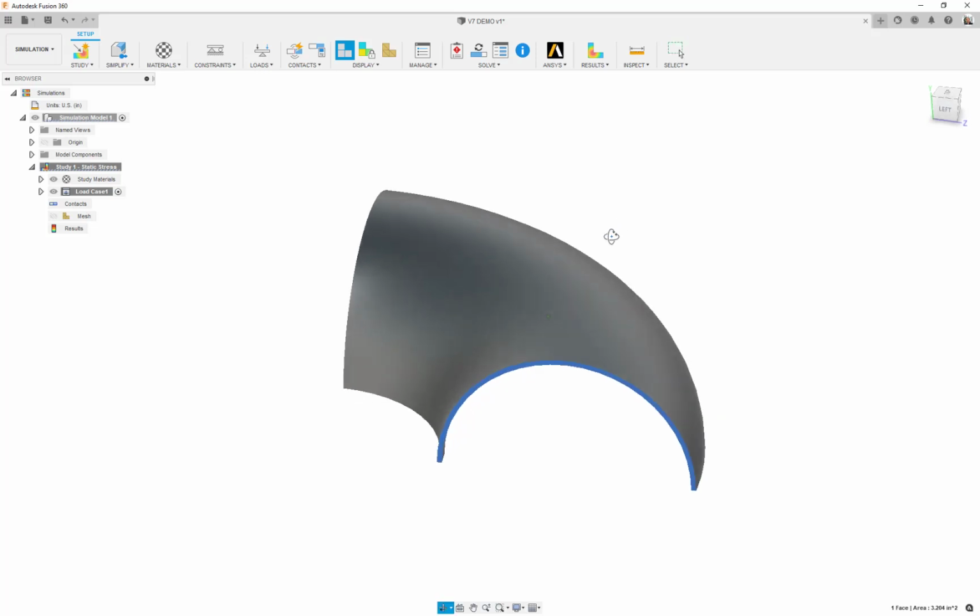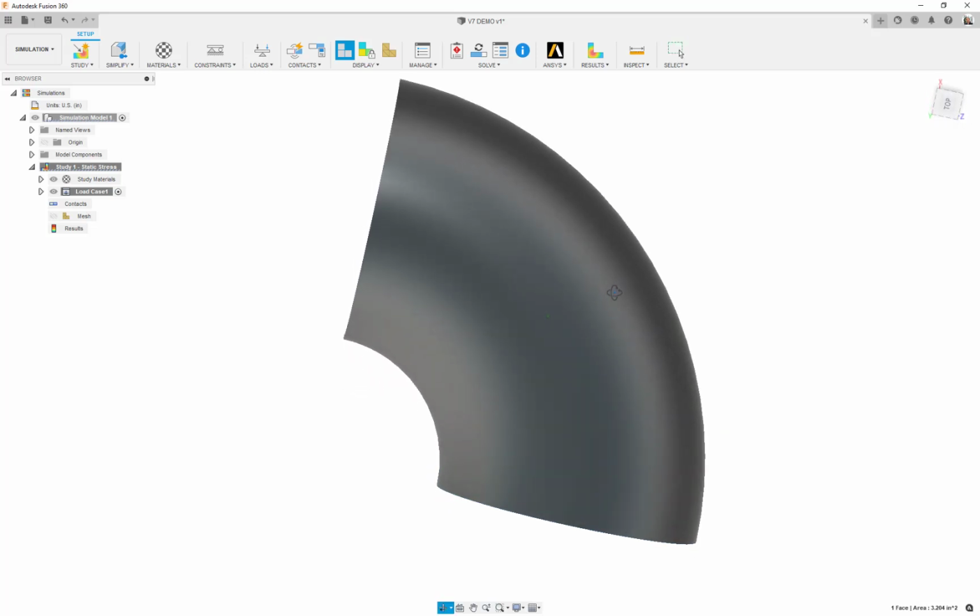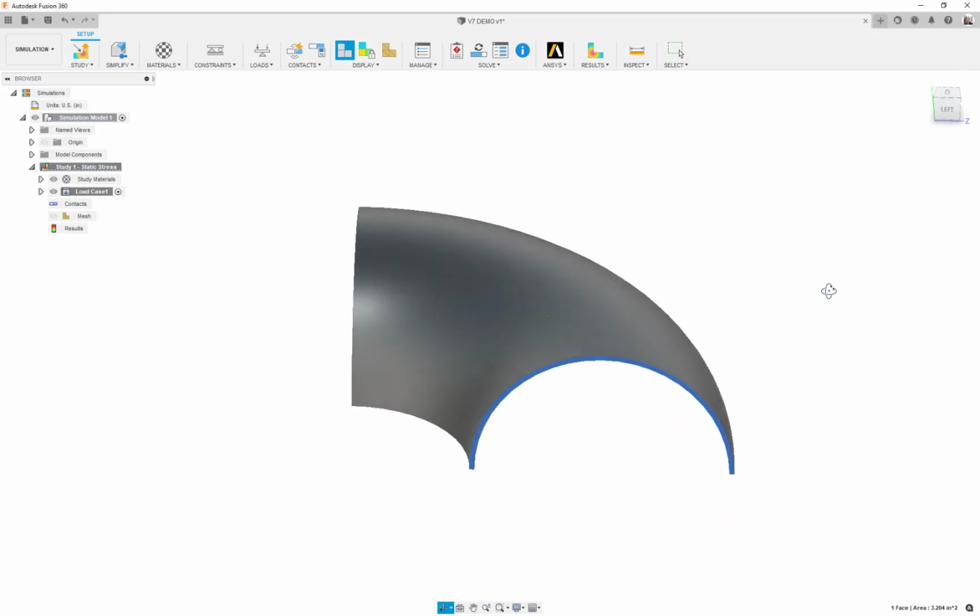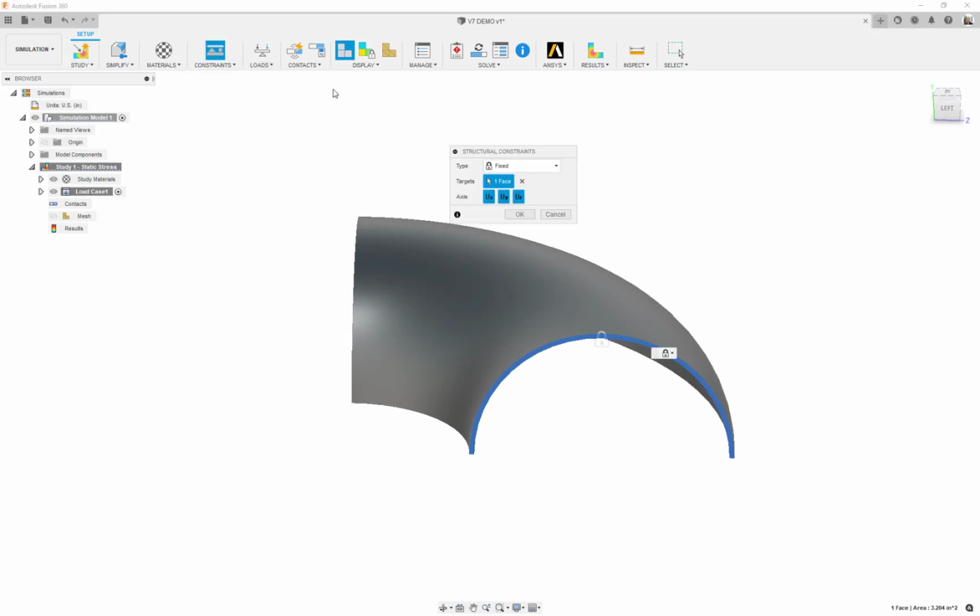perpendicular to that face. So if I look at that edge, rotate my mini axis a little bit, as I have the model oriented, I have that face right there selected, right? And I can see the axis perpendicular to it would be the X. So when I go into my constraints, I know that I can free up UY and UZ, and we'll say